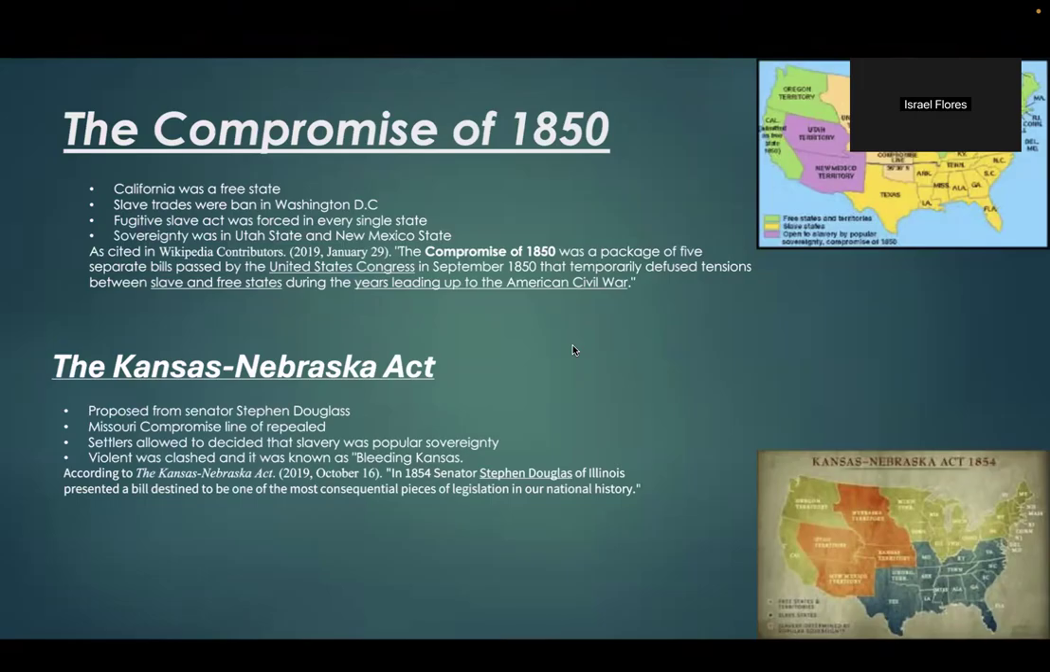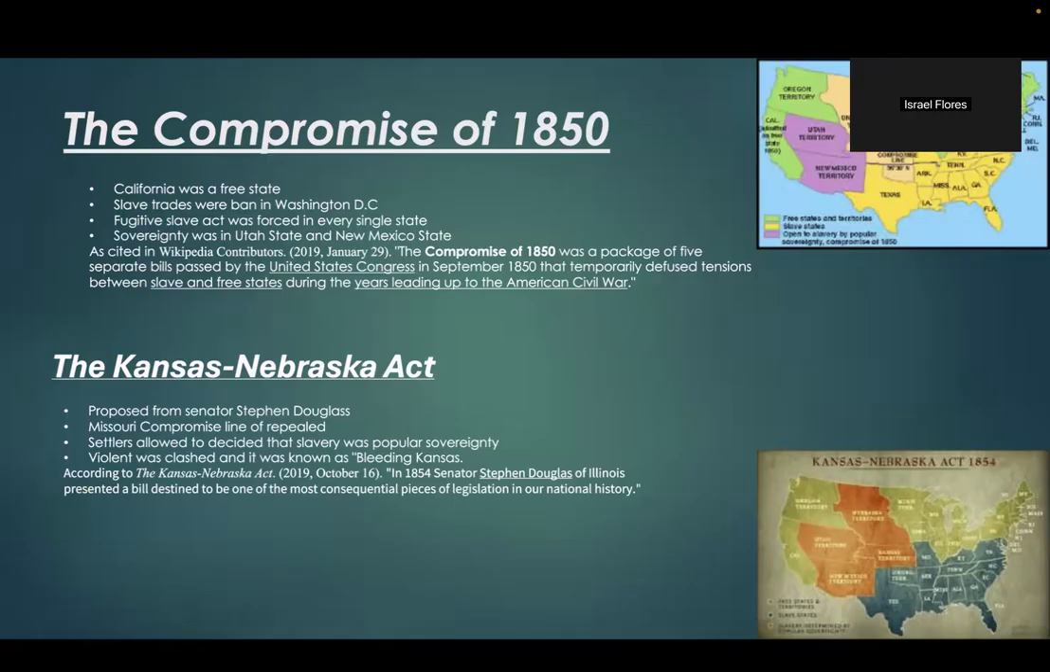First off, I would like to introduce the Compromise of 1850, and it was in California state, which was a free state, and slave trades were banned in Washington, D.C., and there was a lot of issues with this, and I'm a little bit lost here, but